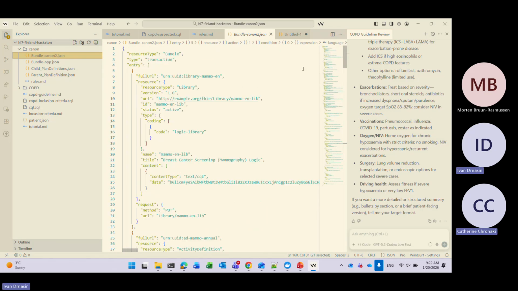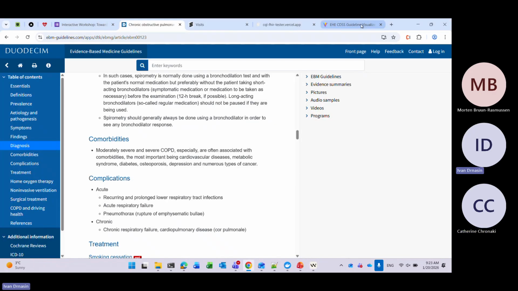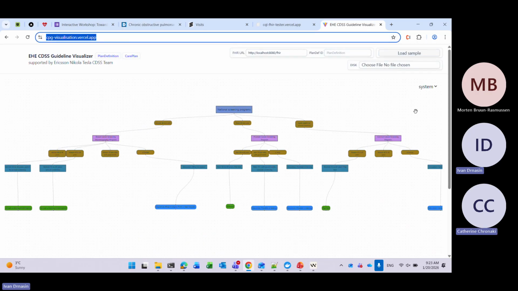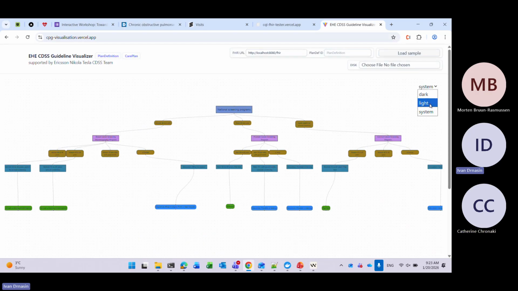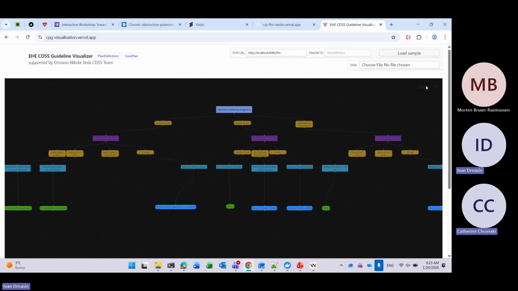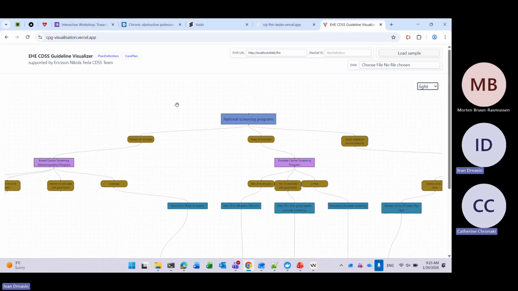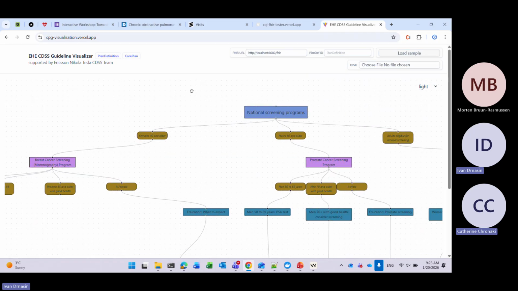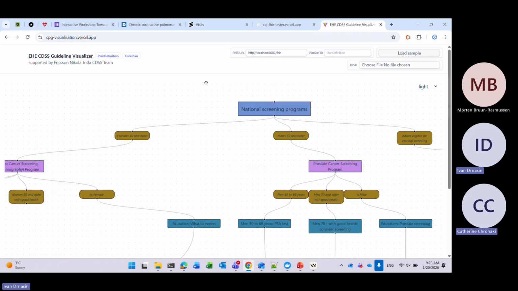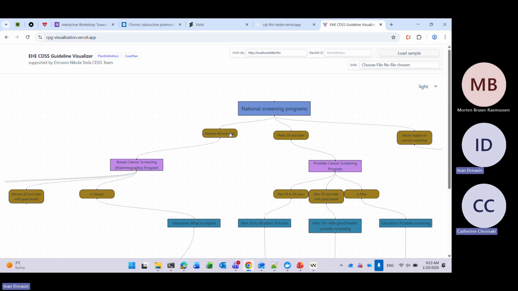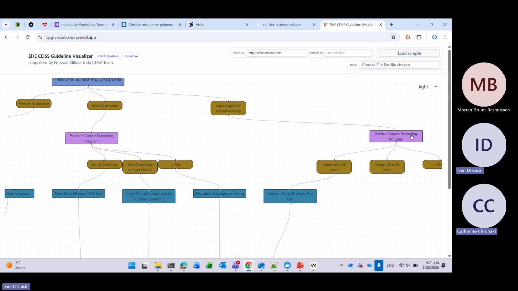In Croatia, we have a CDSS management tool, similar to colleagues from Turkey, that outputs plan definition. Okay, I will show that here. Okay, maybe it's better in dark mode. No, it's better this light. So we have our structure. This was basic, the lecture of this afternoon of how we do that in Croatia, but maybe I can show it here.